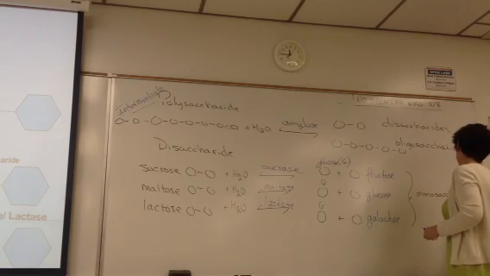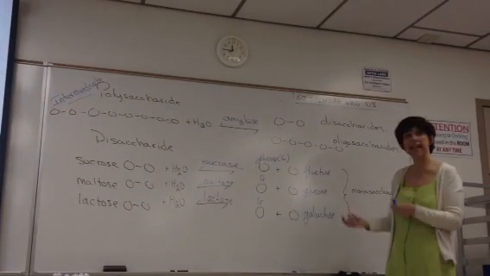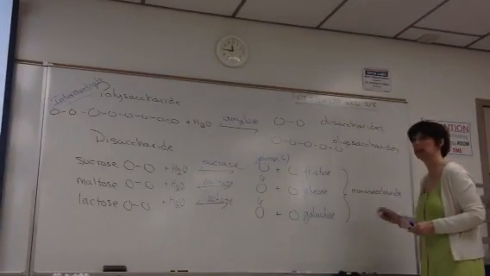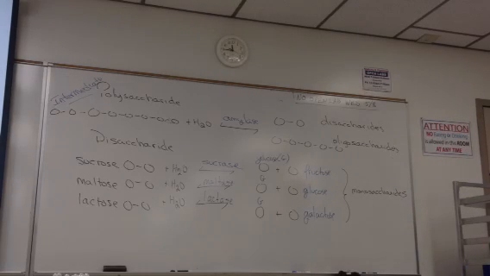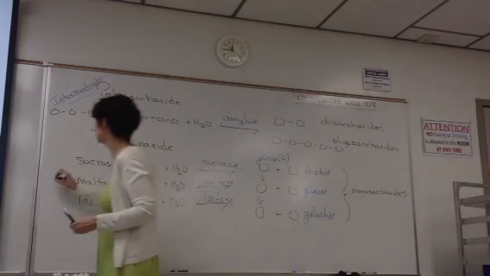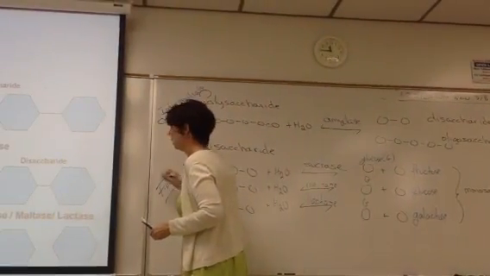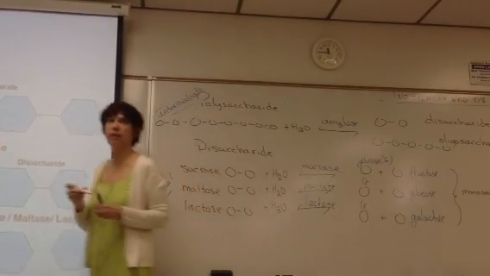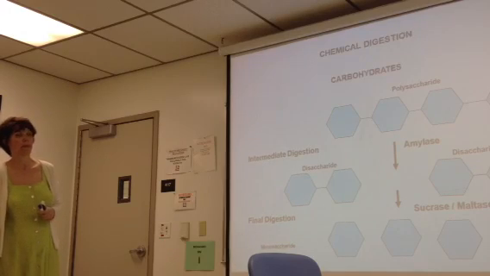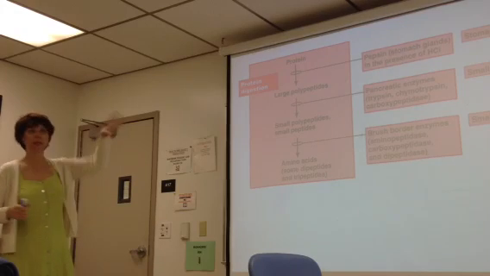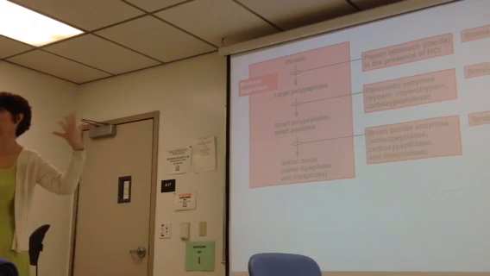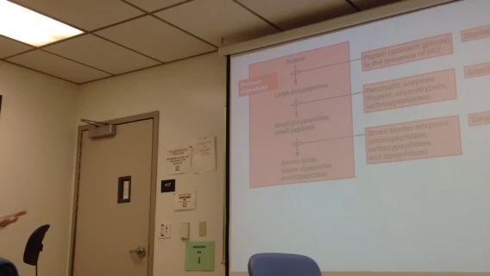And using secondary transport and facilitated diffusion, we can move these out of the lumen of the small intestine and absorb them into the body wall. So this would be the final stage or step of digestion, something that gives us a product that the body can absorb. All right, this is where most of our energy comes from, by the way. Unless you're on a high protein diet, most of our intake is from carbs.